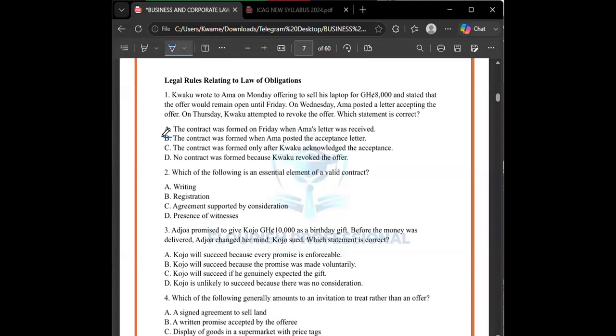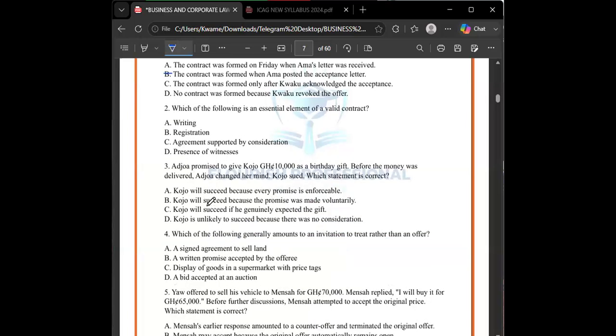So that if maybe after that day the acceptance is delayed, and the person who made the offer tries to cancel the offer, the person who has already accepted the offer, and has maybe even started acting, but the letter of acceptance is yet to reach the one who made the offer, is protected. To protect that person, the postal rule is saying that the day the letter was posted is the day the contract has been formed, because acceptance was posted in a letter. That's a short summary of the postal rule.